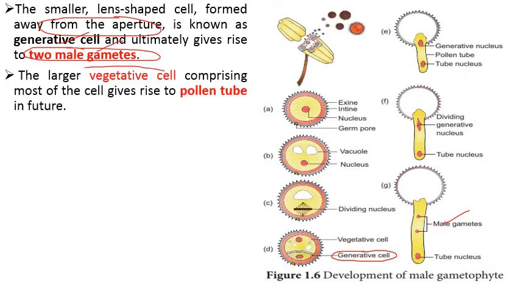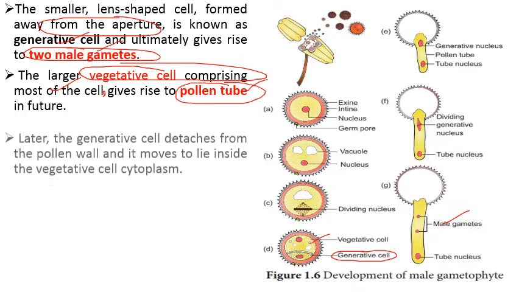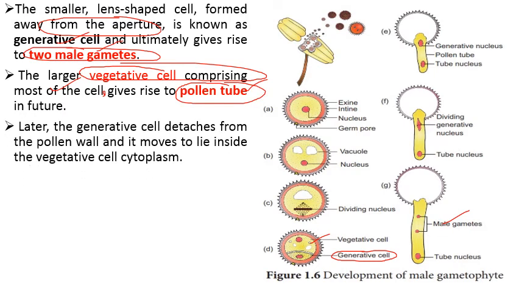The larger vegetative cell comprises most of the cell, it occupies the maximum part of the cell, and will give rise to the pollen tube in future. Later the generative cell detaches from the pollen wall and moves to lie inside the cytoplasm of the vegetative cell. So this generative cell detaches from the pollen wall and